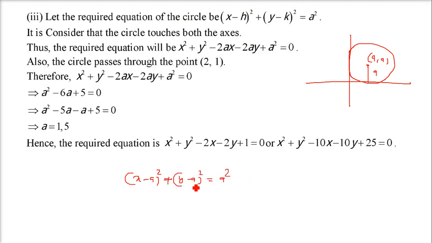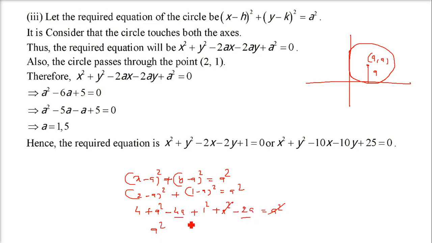Now this is the equation, but we need to find out a. How do we find out a? We know that it is passing through 2, 1. So put x as 2 and y as 1. This will be 4 plus a square minus 4a plus 1 plus a square minus 2a equals a square. Cancel, one a square will remain here, minus 4a minus 2a will be minus 6a,